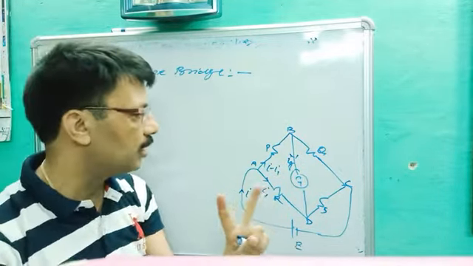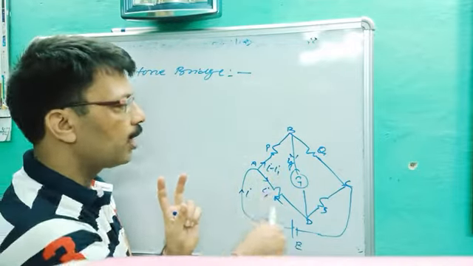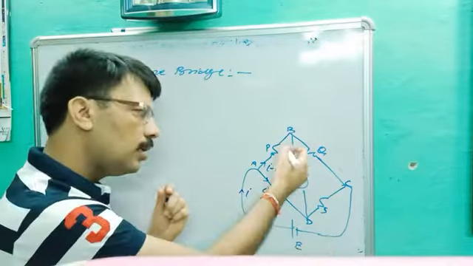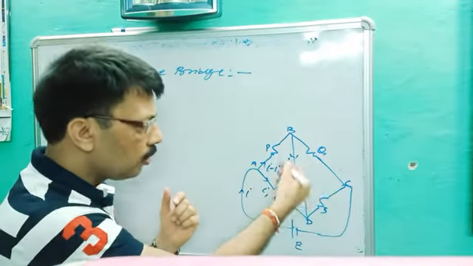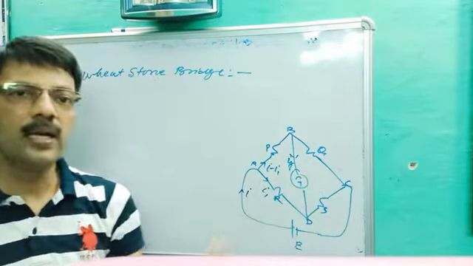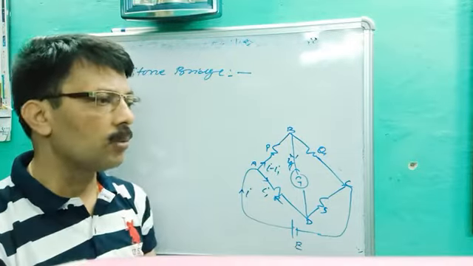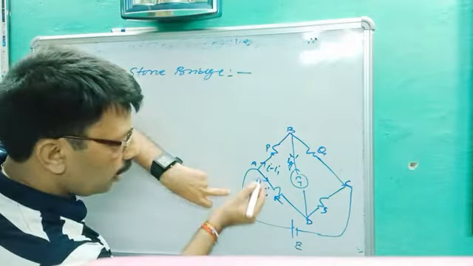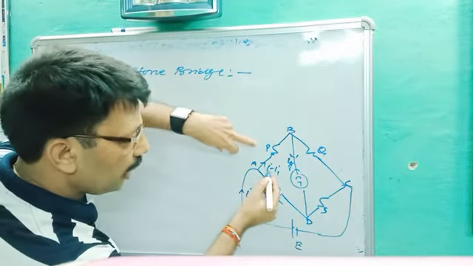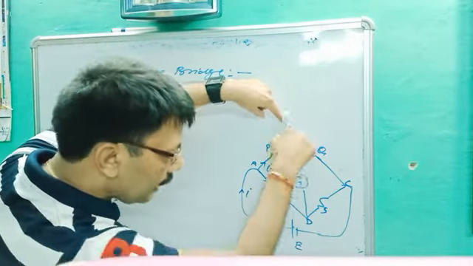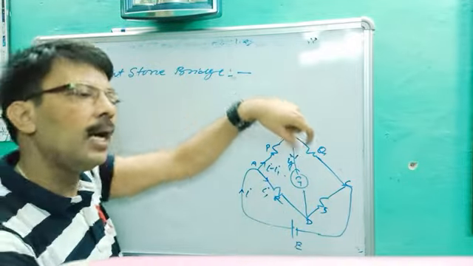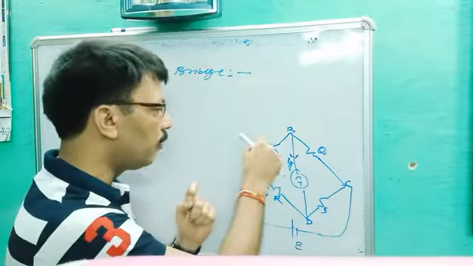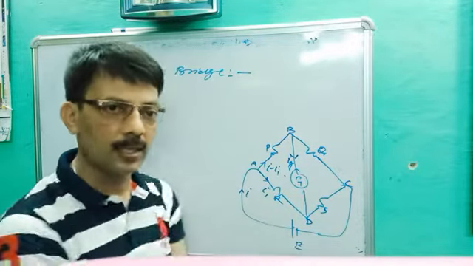Two cases are very clear. If IG is equal to 0, P upon Q is equal to R upon S, or if P upon Q is equal to R upon S, then, as you know, I told you many times, no current is drawn through the middle one and you can neglect the resistance. So both statements are converse of each other. Total current is I, I1 moves that way, so it will be I minus I1. Let's suppose IG current is drawn through the galvanometer for a little moment, and at last I will take IG equal to 0, because only if IG is equal to 0 then P upon Q is equal to R upon S. This is the case for us.